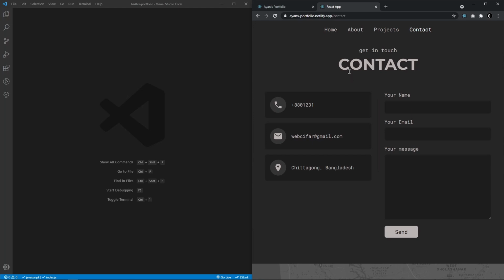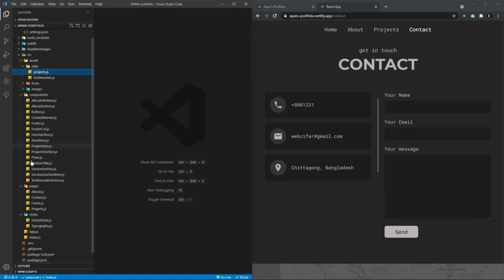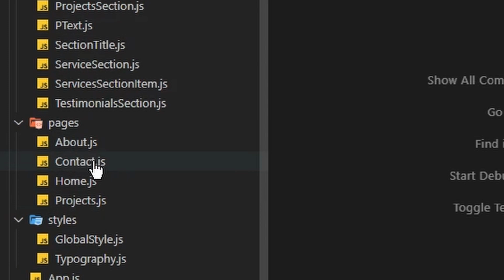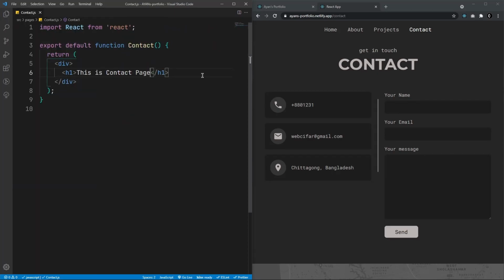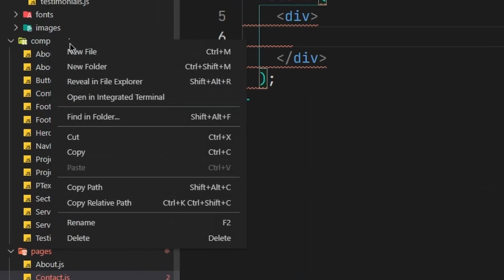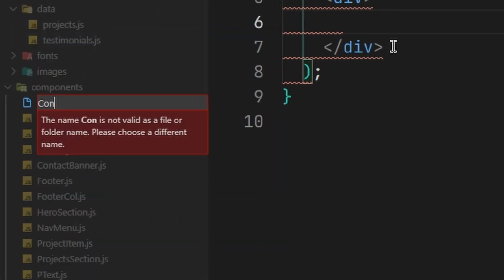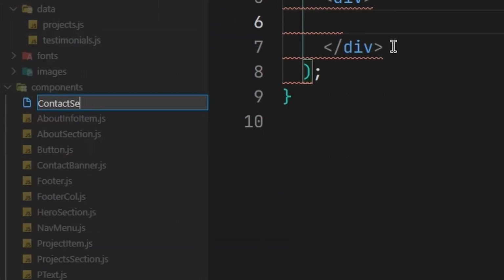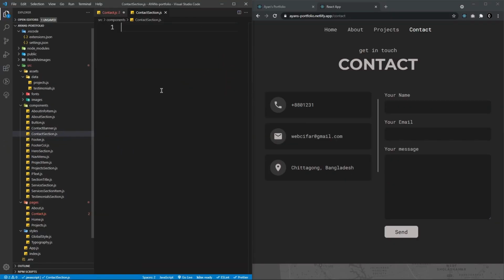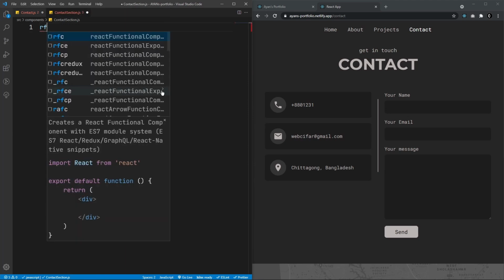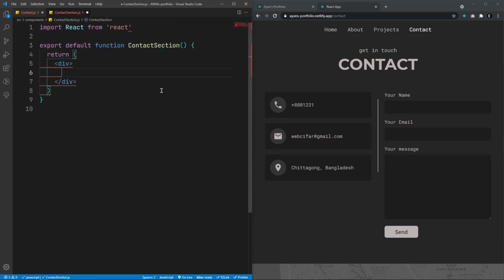So hello guys, as you know, today we are gonna create our contact page. So let's actually start with that. Let's go to our page. Inside that we have our contact page already, and here I'm just saying the h1. So instead of this h1, let's create a component. Here in our components, let's get a new file and name it contactSection.js, and inside that RFC, and inside that I will have a div with a class of